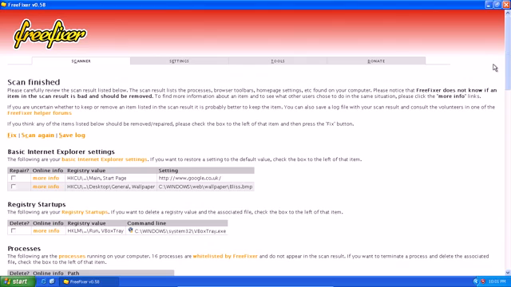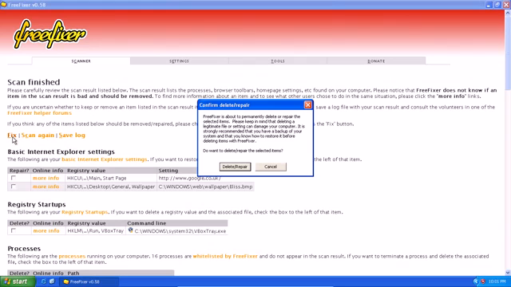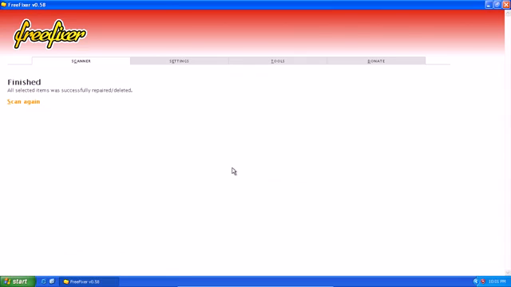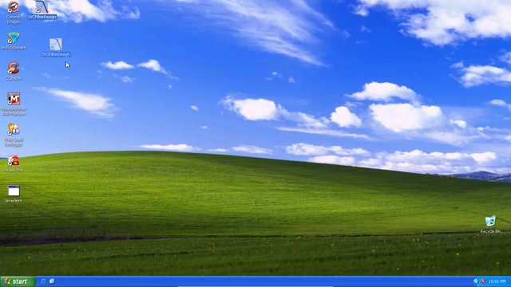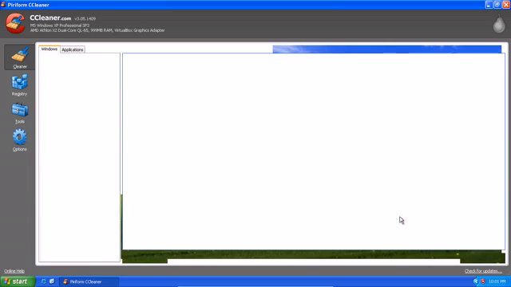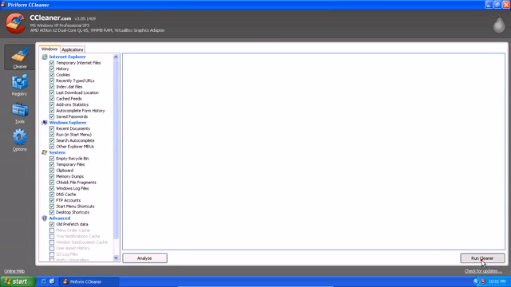Now, if I had started with Prefixer, I'm sure that it could have dealt with some of the problems that we had with HijackThis. So I'm going to click Fix now. This is how you remove stuff, and then click Delete/Repair, and that's it. Now we can scan again or close the program. There's not much point in scanning again because we're going to find the same exact things. So now I'm going to run CCleaner